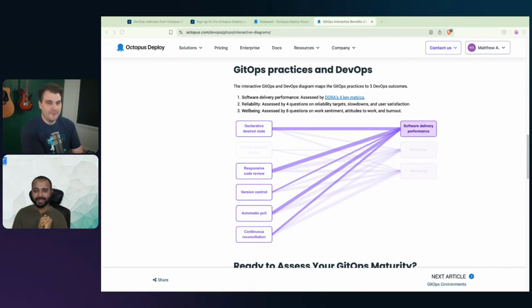Yeah, absolutely. The only part which I found slightly different was that initially I had done automatic pull across all environments, and I actually got clients who were like, hey, in the dev environment, we have to wait for the polling to happen, then it gets synced. Can we work around that? That is the only one where most of my clients asked me to flip it for the dev environment to make it push based. So that is the only thing which I would highlight here based on this graph.